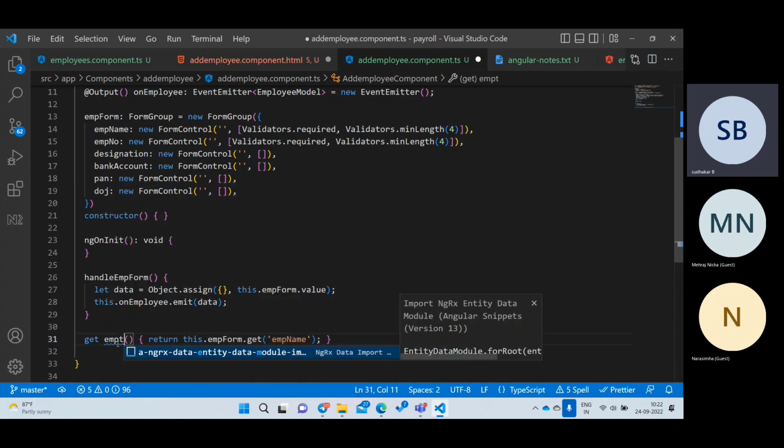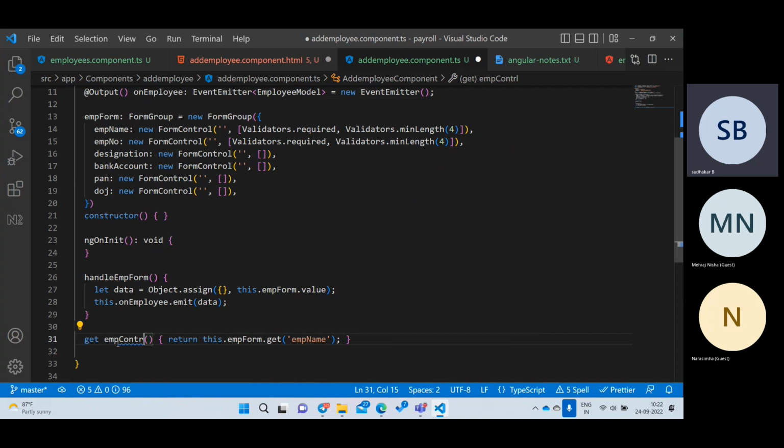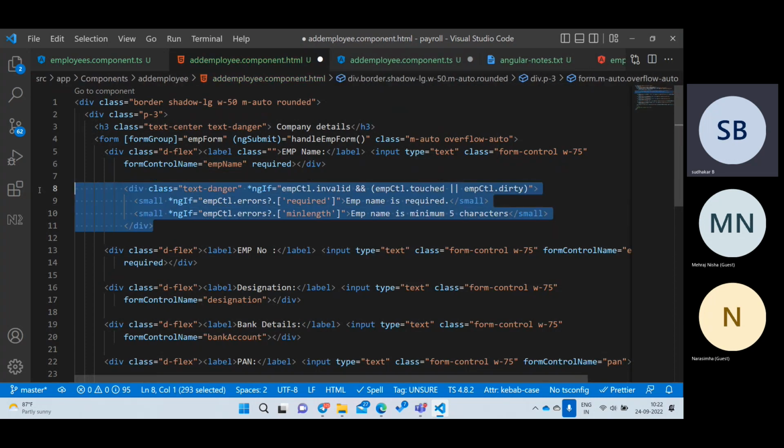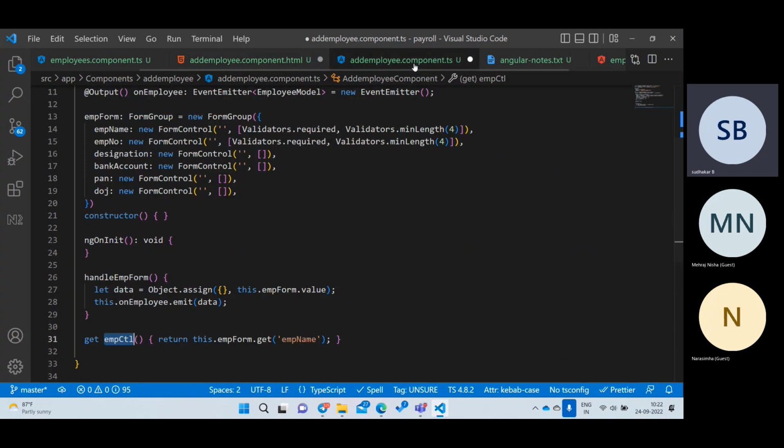Suppose I want to write EMP control. You can write it like this, not a problem: EMP control CTL. Whatever this variable name is, you need to use the same variable name here. You understood, right? Whatever my variable name is, I need to keep the same name here. But inside I am calling one,